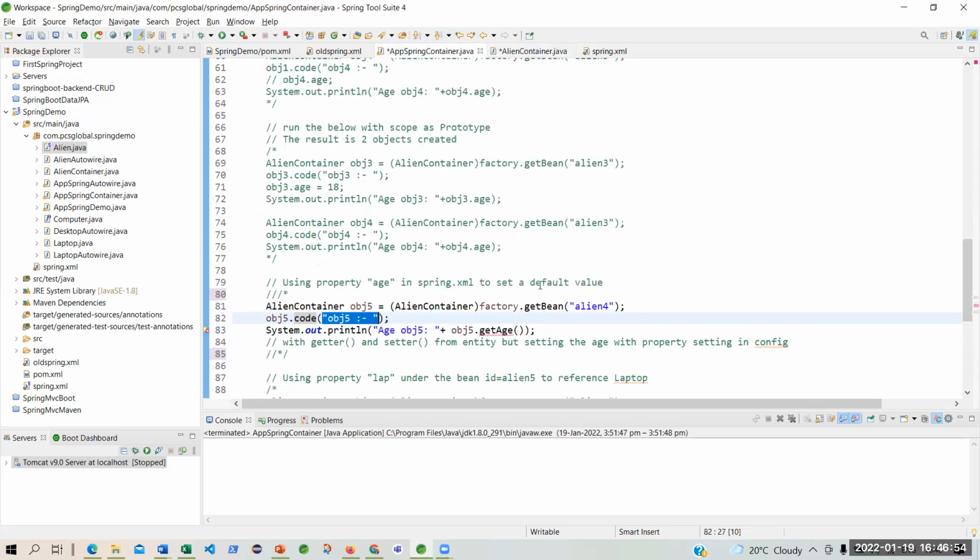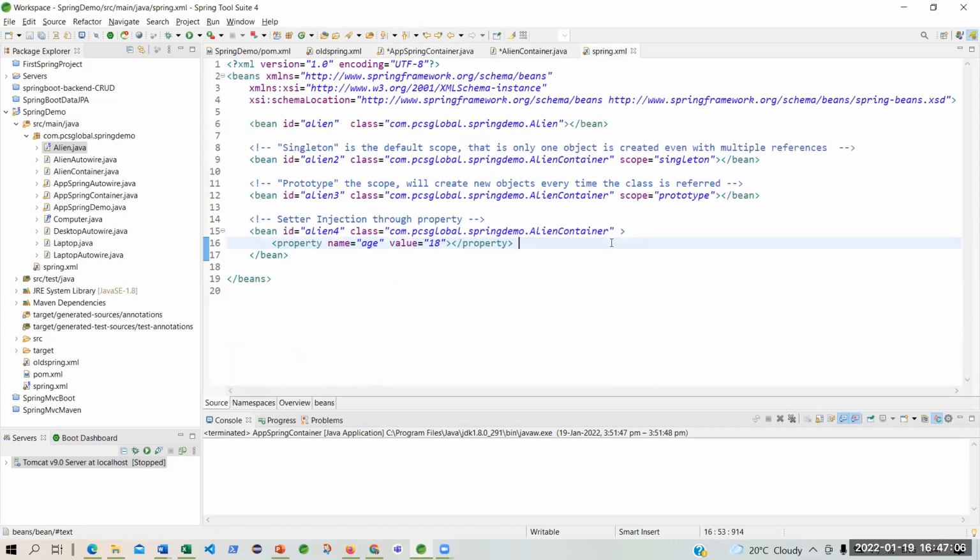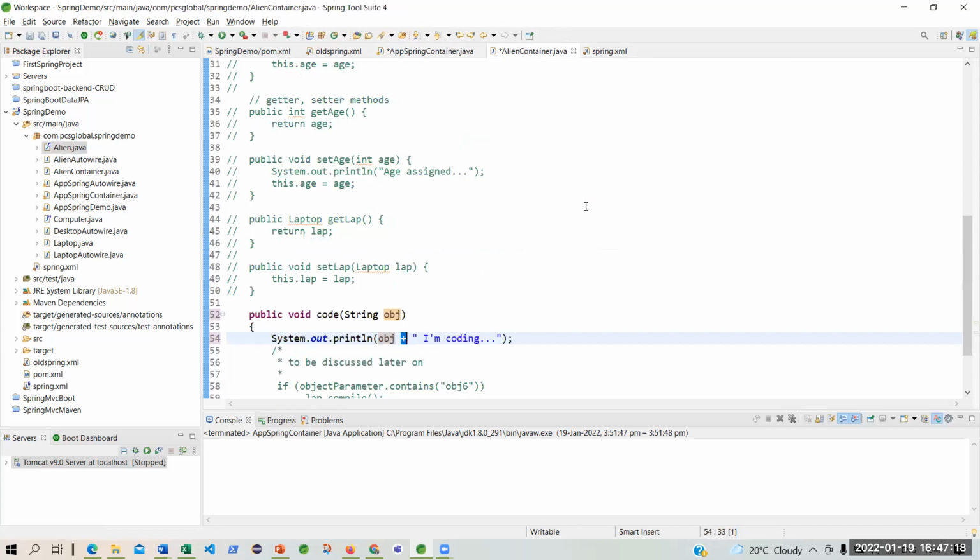But at the same time, I am getting a problem here. I'm saying that my get age. Tell me what is happening here? You are setting a value, isn't it? You are setting a value into the age property of the entity called align container.